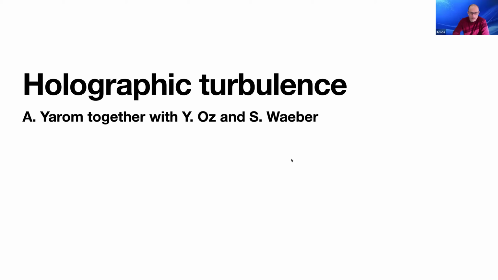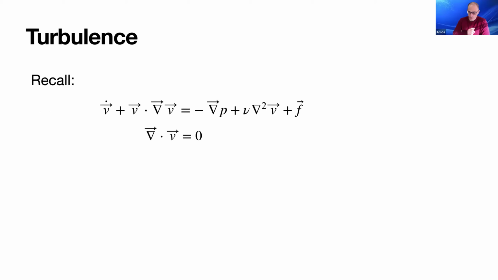So let me start by reminding you a little bit about the Navier-Stokes equation. This is the Navier-Stokes equation for incompressible flow. v is the velocity field. Here we have a time derivative and a spatial derivative. p is the pressure field, nu is the viscosity, and F is an external force. So a motor, gravity, anything you want. There's one kinematic equation, a time-dependent one, and one constraint equation. And the variables we're solving for are the velocity field and the pressure. Everything else is given.